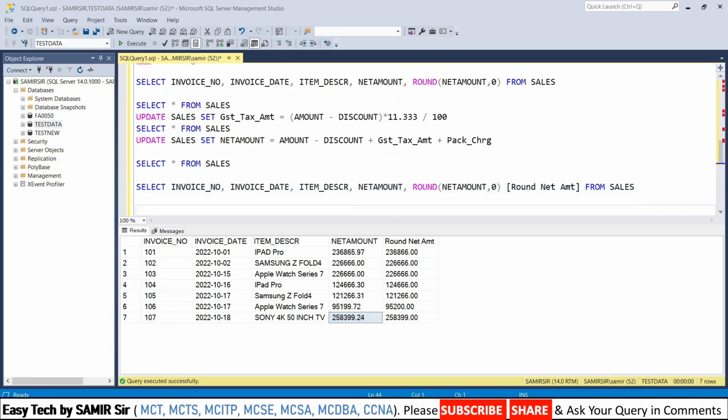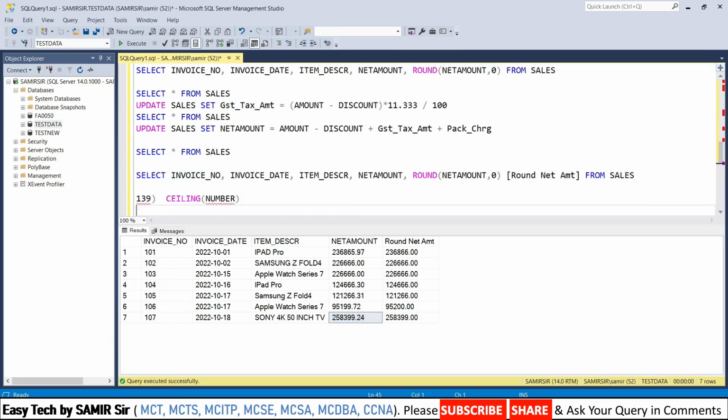Now something similar to round is the ceiling function. So query number 139, ceiling. The ceiling function is something different than round. It returns the integer figure which is greater than or equal to a specific number. For example, if I say select CEIL, ceiling of